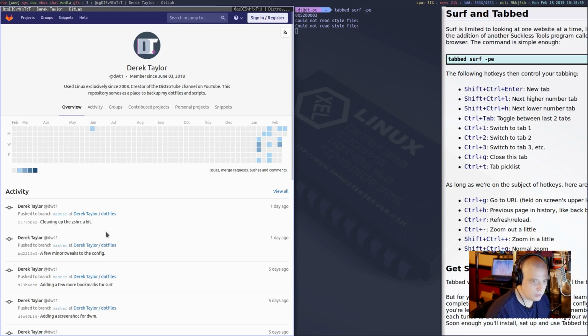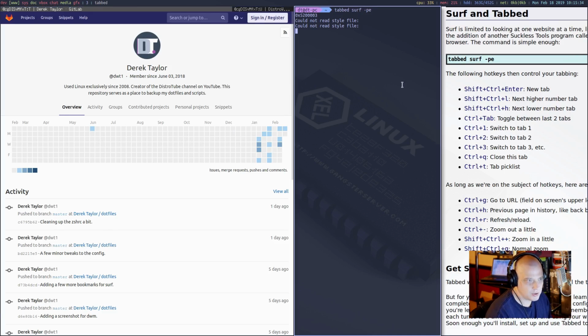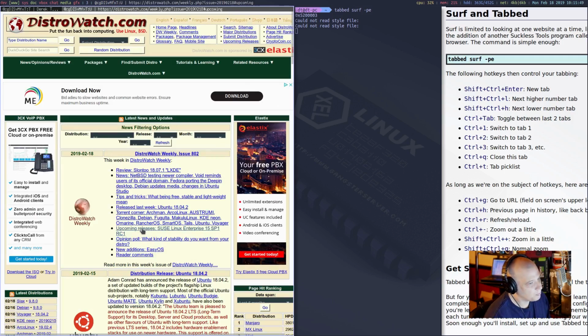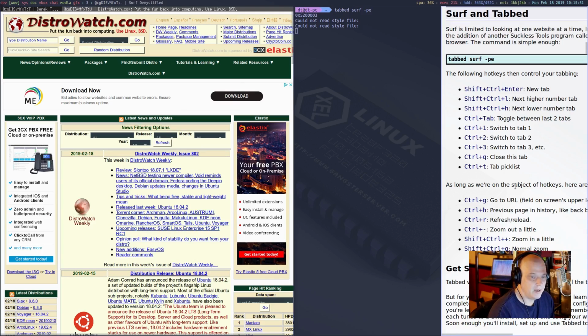If you wanted to do it with the keyboard, I believe just Control and the number of the tabs, here in the documentation. Control 1 takes me to the first tab. Control 2 to the second, Control 1 back to the first tab. Or if you just want to cycle through them the old-fashioned way, Control Tab, right? Control Tab. Yeah, so pretty easy way to get tabs on your browser is just to use the Suckless tabbed